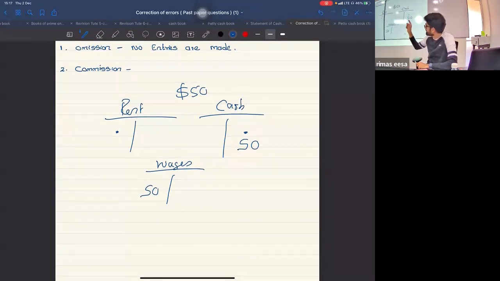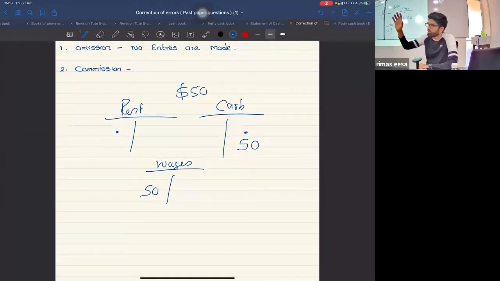Why do you call this commission? You need to understand the meaning of commission. I have a question for you. Did you enter in the correct account or have you entered in the wrong account? Wrong account. Did you enter in the rent account? No. Where did you enter? Wages account. If you enter in the wrong account, but the same class, you know what I mean by same